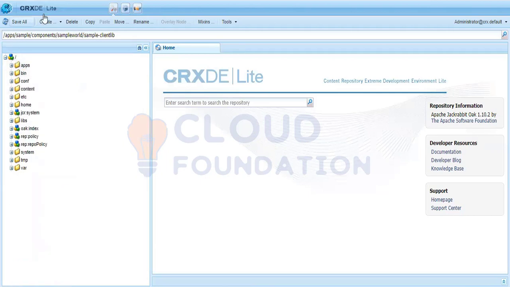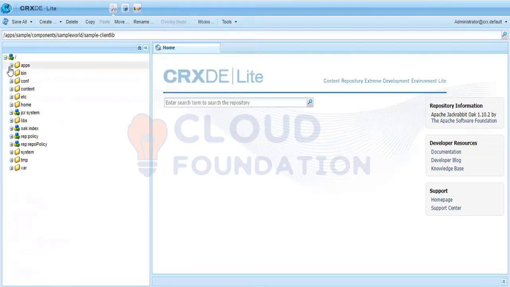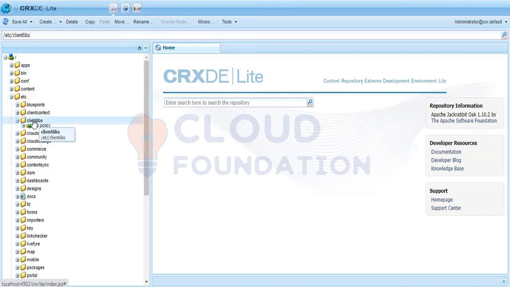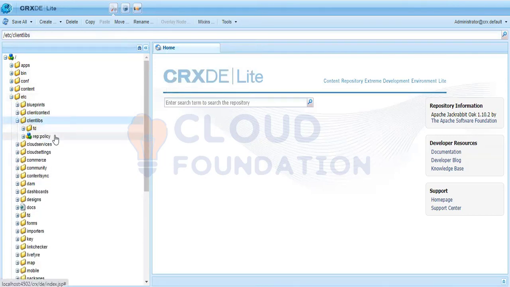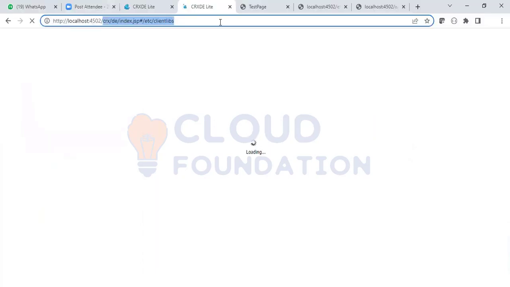So through a backdoor we load it through the /etc hierarchy. Now let me tell you